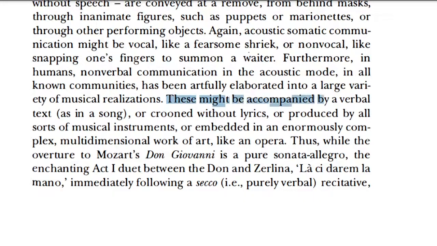These might be accompanied by a verbal text, as in a song, or crooned without lyrics, or produced by all sorts of musical instruments, or embedded in an enormously complex, multi-dimensional work of art, like an opera. Thus, while the overture to Mozart's Don Giovanni is a pure sonata allegro, the enchanting Act 1 duet between